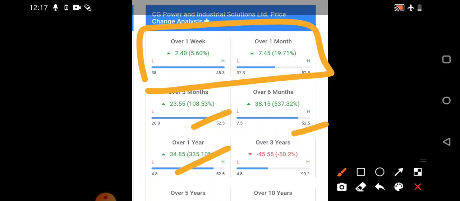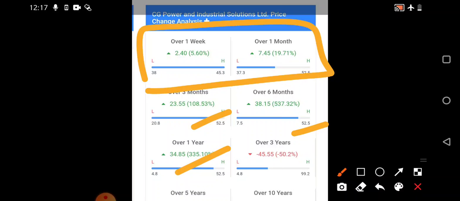Many people are asking why it is not showing continuous upper circuits. A stock that goes up in continuous upper circuits falls down in the same way. So steady movement is very essential. Rather than continuous upper circuits, it should move with a 5% upper circuit, consolidation, then another 5% upper circuit. That thing is happening. It's very good, but patience is required. Financials also need to improve. So on a long term basis we can wait, rather than look for short term gains. Always think long term. Short term you can do, but not in these types of stocks. You need to select other stocks. These are long term stocks.